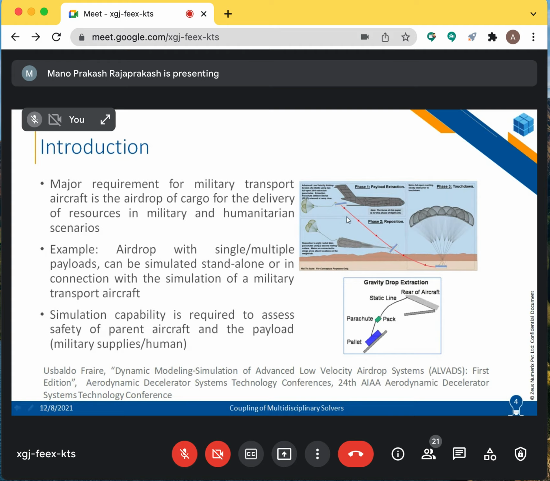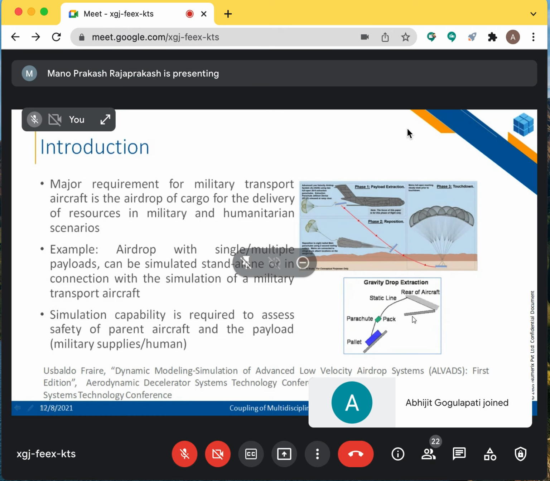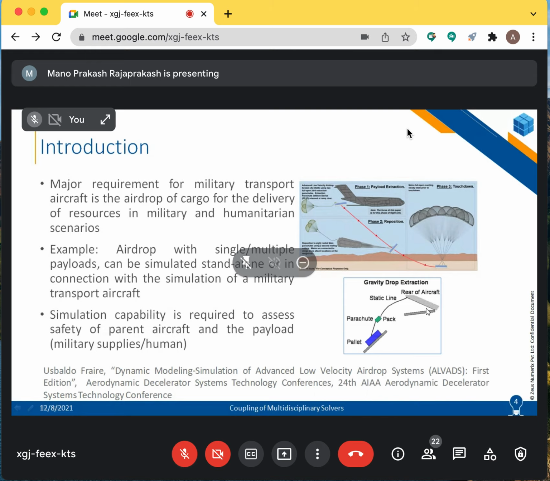And this is one kind of extraction. There is another kind of extraction. This is a parachute assisted extraction of a payload from an aircraft. Another type is a gravity based extraction, where, say, this is the rear of the aircraft. So when it has a certain pitch angle, the object which is placed inside the aircraft, just due to gravity, is going to slide and fall off. And this is the parachute pack, and there is actually a line which connects the parachute pack. So once there is some tension in this line, the parachute is going to get deployed, and it is going to more or less follow the similar phenomenon.